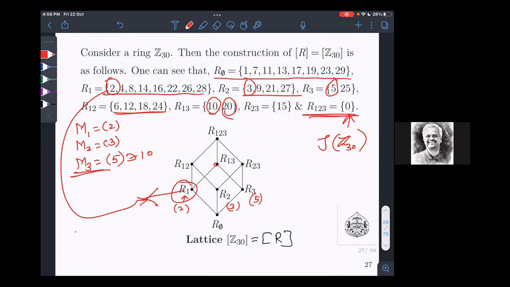What do you mean by chain? Chain means it's a totally ordered set. Totally ordered set means what? Any two elements are comparable. Now again the question will arise, how to do the ordering? Don't worry. Whatever order you feel, you give it. The only thing is, names are not important here.